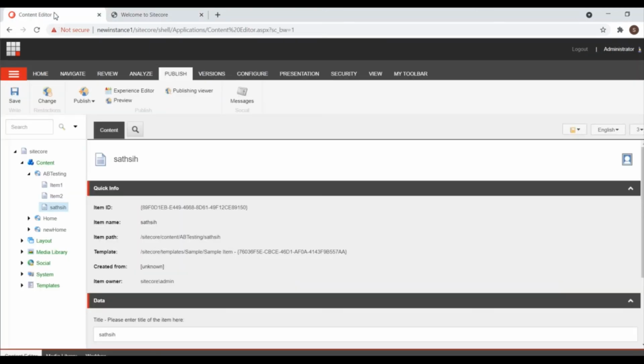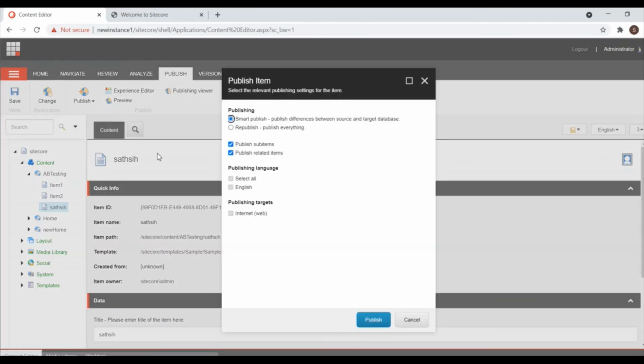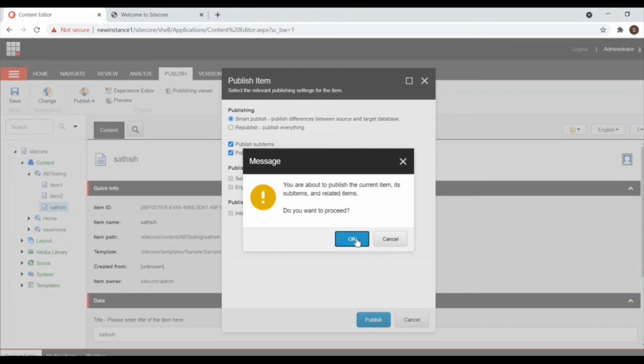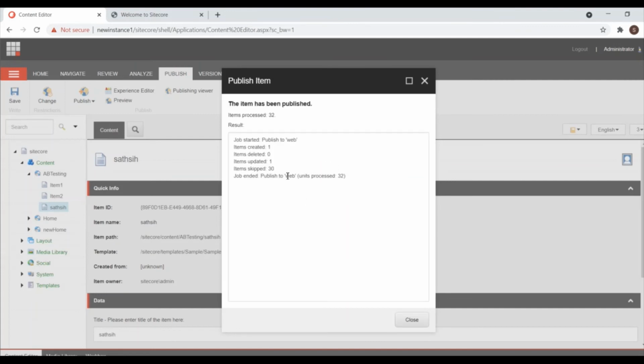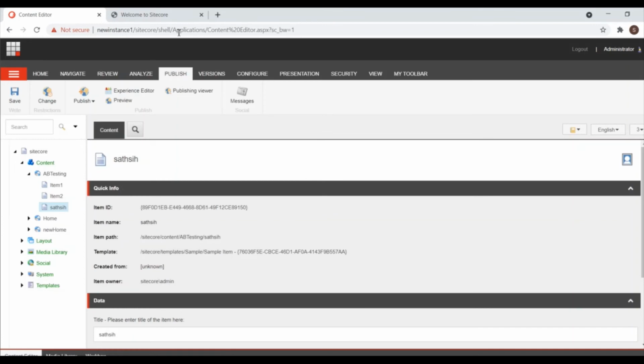So I'm just publishing this page, so that all the contents and its component testing and page testing will be published to the web database. Updated, so details updated.